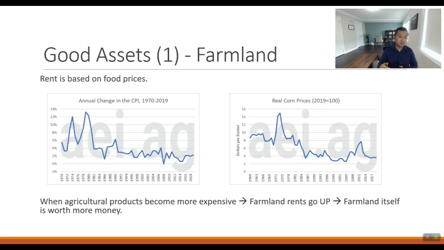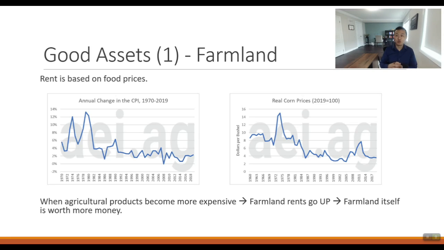So in the 1970s, we saw CPI data spike, with two spikes that went over double digit. And we saw at the same time real corn prices, so this is inflation-adjusted corn prices, also spike. What these two graphs really prove is that in an inflation environment, it's very hard to not have food prices also be inflated. Food prices, in fact, are one of the first things that get inflated.